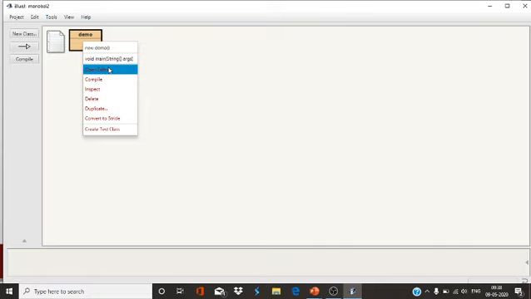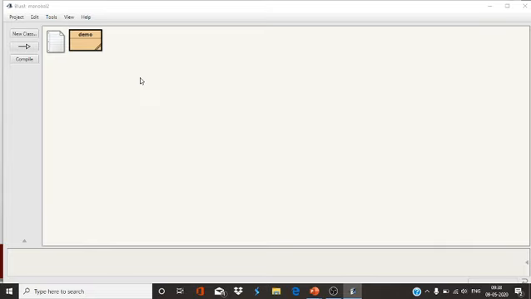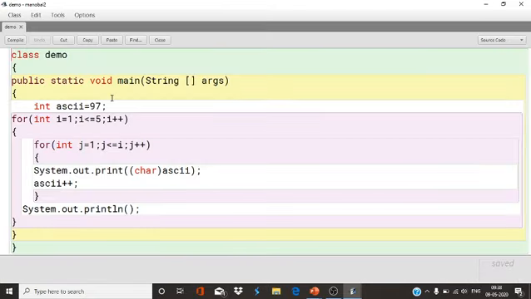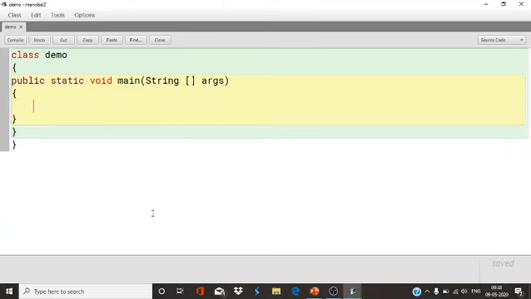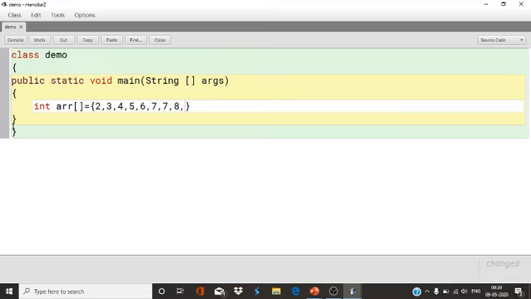Open editor, delete this, now save. Now I'm going to declare an array like arr. I haven't declared the size. In this array we can store multiple values. Equals to however many values you want, like 2, 3, 4, 5, 6. You can store as many as you want here because the size is not fixed.